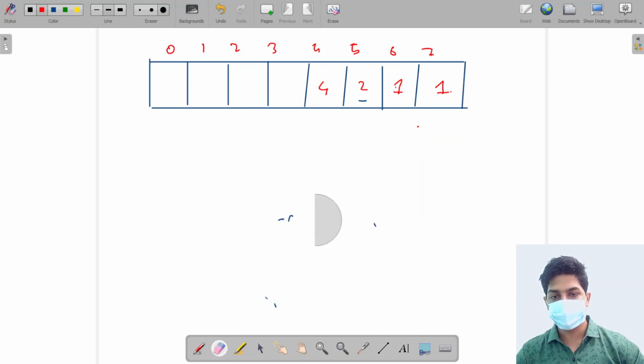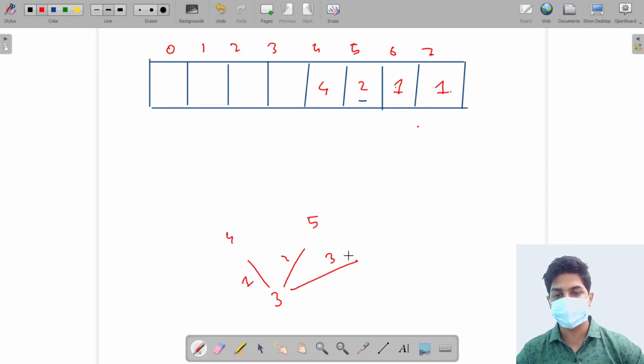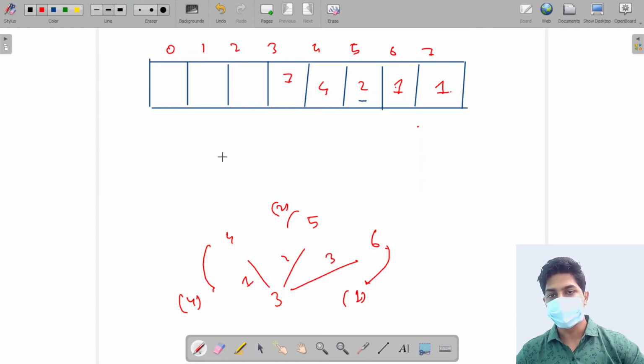So now see, if we are on the third stair, then how many ways are there? If I take a jump of 1 unit, I reach the 4th stair. If I take a jump of 2 units, I reach the 5th stair. If I take a jump of 3 units, I reach the 6th stair. The 4th says there are 4 ways from me, the 5th says there are 2 ways from me, and the 6th says there is 1 way from me. So the total number of ways for 3 is 4 plus 2 plus 1, that is 7 ways from this particular point.